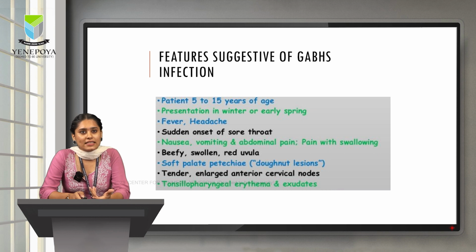What are the other signs and symptoms you can see in the patient? One thing is they'll be having fever, headache, and there will be sudden onset of sore throat. Okay, sore throat will be there. There will be nausea, vomiting and abdominal pain, and also pain while swallowing. A beefy, swollen red uvula will be there. I'll show you the images in the coming slides. Soft palate petechiae will be there, that is, Donald-type lesions. You can see tender, large,